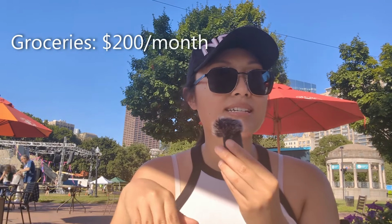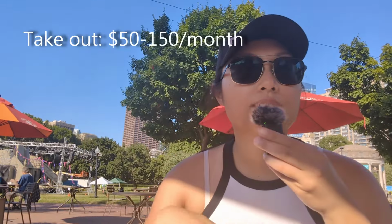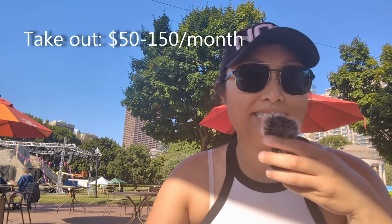Keep in mind that the cost of food has increased and probably the quality has decreased thanks to inflation. So pre-inflation, I used to spend maybe $100 to $150 a month on groceries, and now that amount has skyrocketed to maybe at least $200 a month for probably less groceries and less quality. And I've been eating out a lot more, maybe once a week or so. But I would say that's a good $50 to $150 a month, depending on how often I eat out